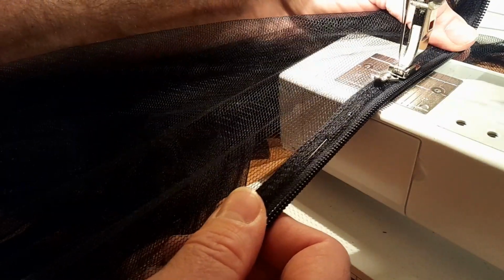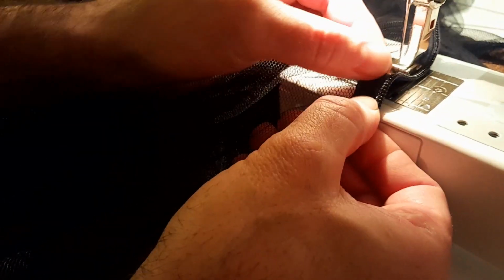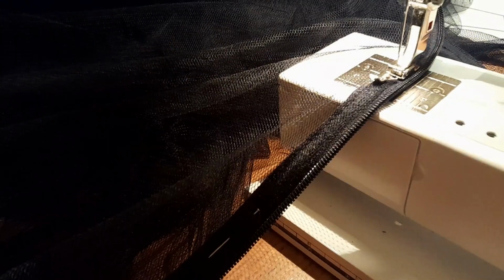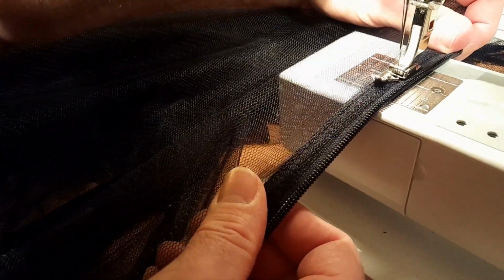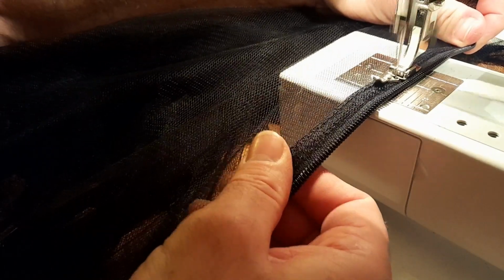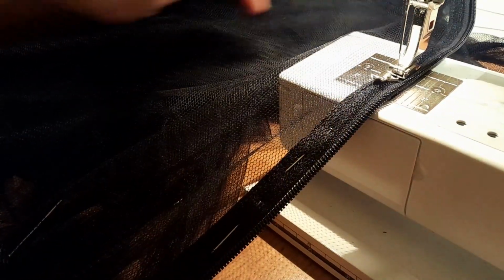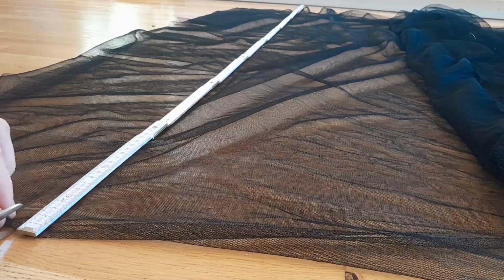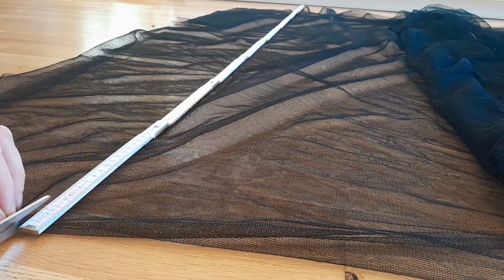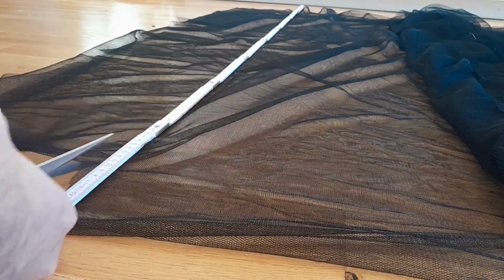And when you do this, it's a good idea to have one of those half feet or whatever they're called, because it's a little bit tight with the zipper there, and the zipper can easily push the foot too far to the side. So the zipper is there, and now I just put a ruler and I cut the excess